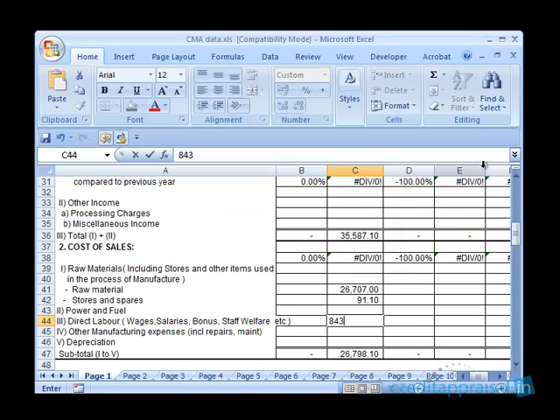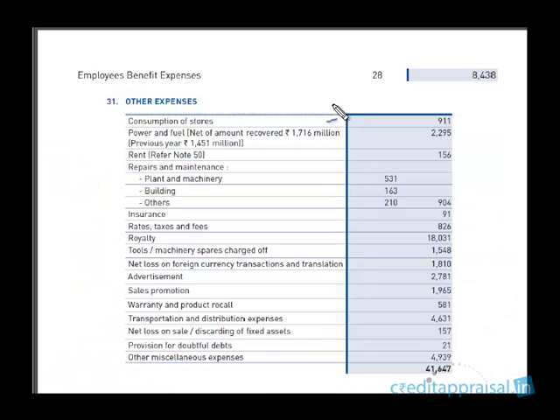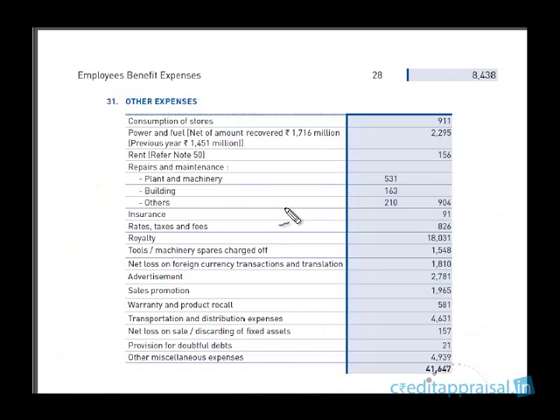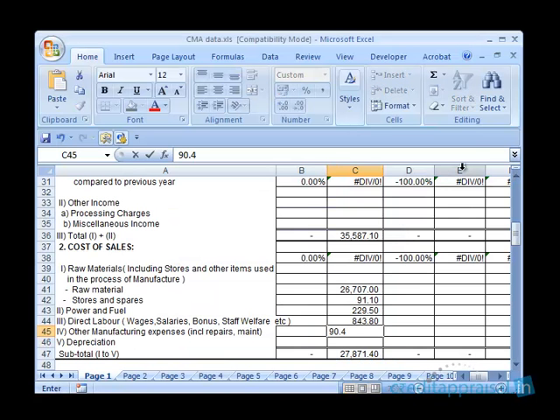So 843.8 will be the labor cost, right? This is taken directly from the P&L account of Maruti Suzuki. So 843.8 crores for employee benefit, that is the labor expense, that is done. Power and fuel is 229.5 crores. This is the power and fuel expense, right? And finally we have the repairs and maintenance, that is 90.4 crores. Please note that in this particular example we had a single entry called other manufacturing expenses, which includes